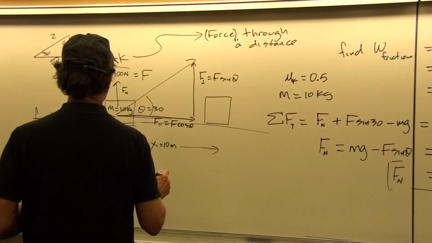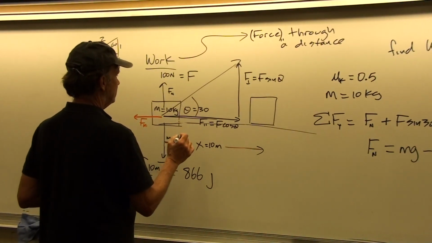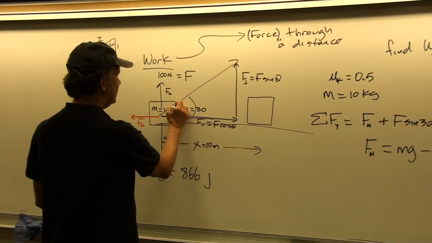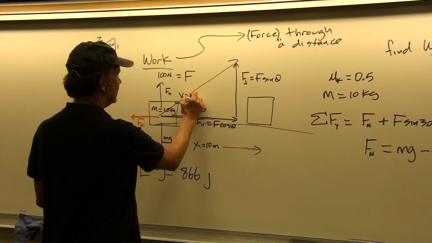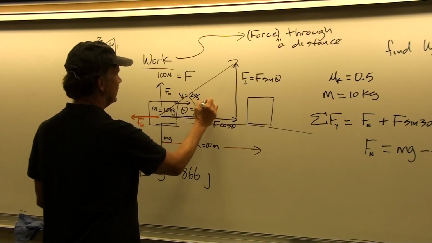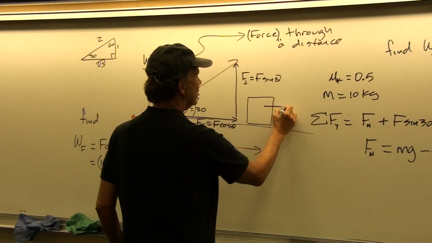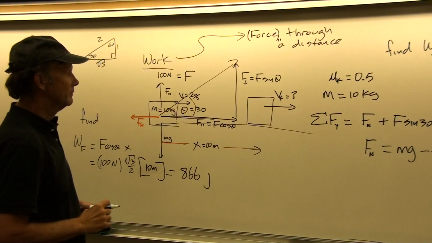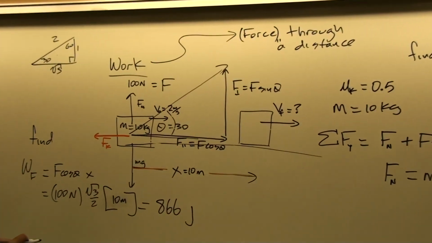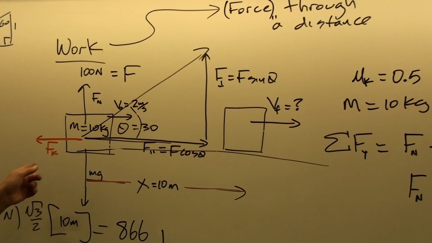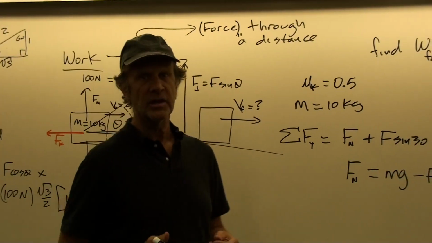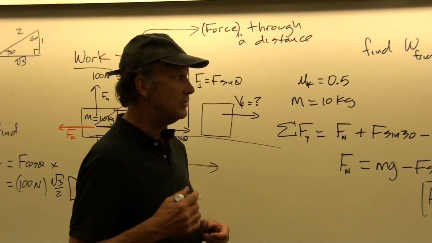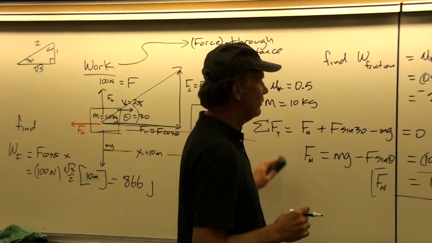Well, let's say here that there's an initial velocity for this mass. So let's say that V naught here is equal to 2 meters per second, and we want to know what V final is. We'll say V final equals cross number. How can we do that by knowing how much work is done? Well, what we're going to need to do here is introduce the concept of energy. And so a certain amount of work then can be associated with a certain change in energy. Let's see how that would work.